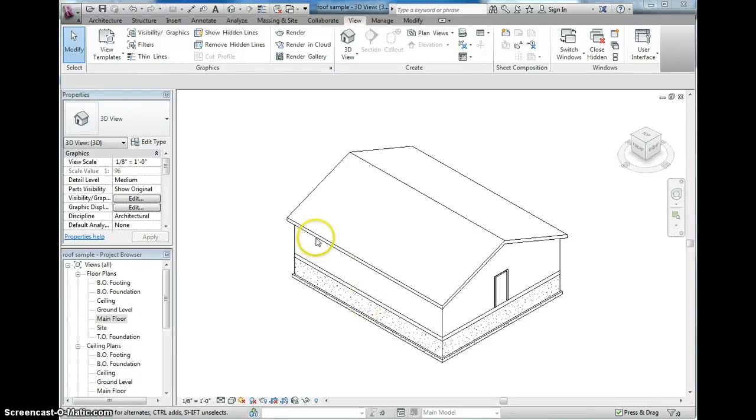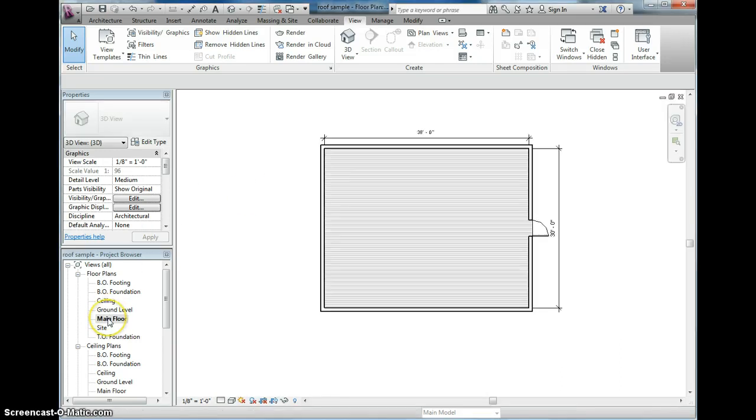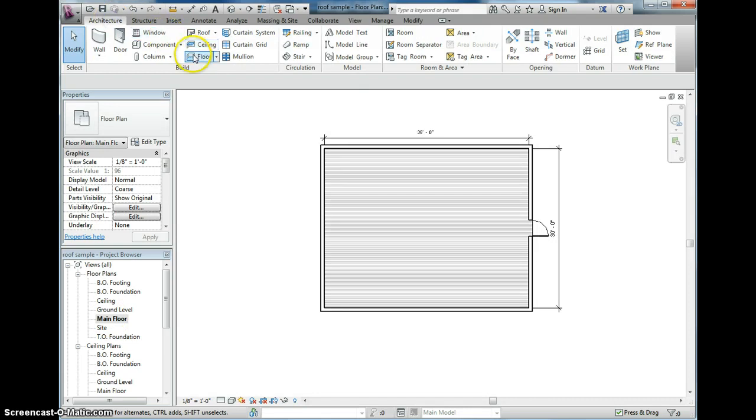So in this little tutorial, I'm going to show you how to create the deck that needs to go over top of your, or next to your door. So you want to go to your main floor, and you're actually going to create another floor. So on the architecture tab, we click floor,